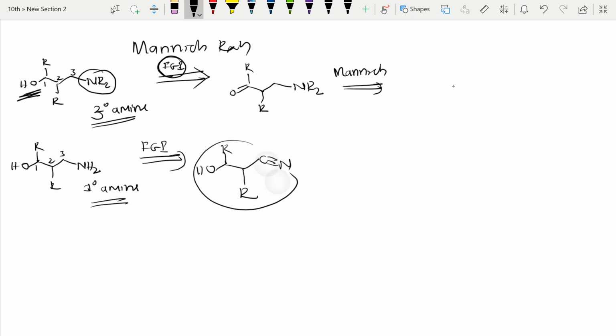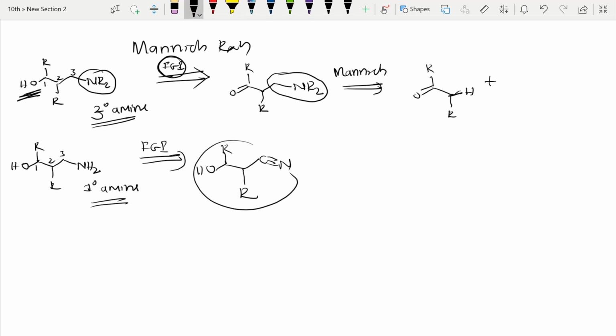What Mannich reaction? We remove this compound, the whole compound we remove. If we remove it, what will we get? See here, R, C double bond O, CH2R. So here one proton comes. How will we remove it? Here we have a minus. Instead of writing minus, we remove that minus and put one H, right? Like this. That minus charge will be removed.